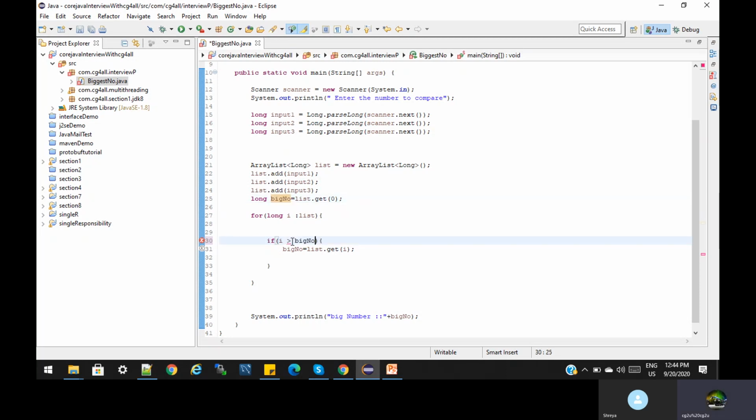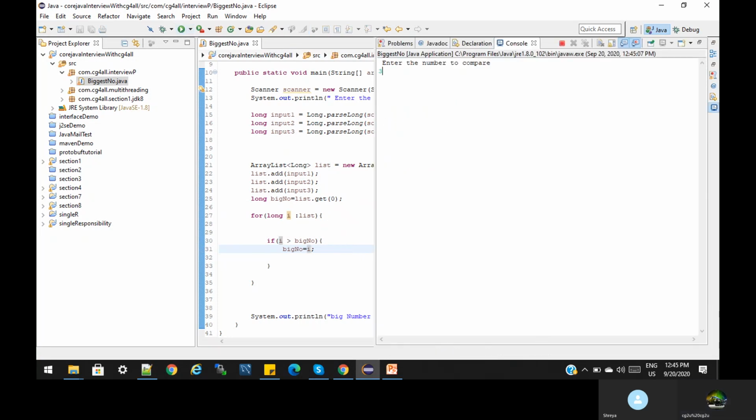Clear? So this big number is i. Basically the value is automatically obtained. One second. Let's try. Let's run the program. 3, 6, 4. Output is 6. So that's it.